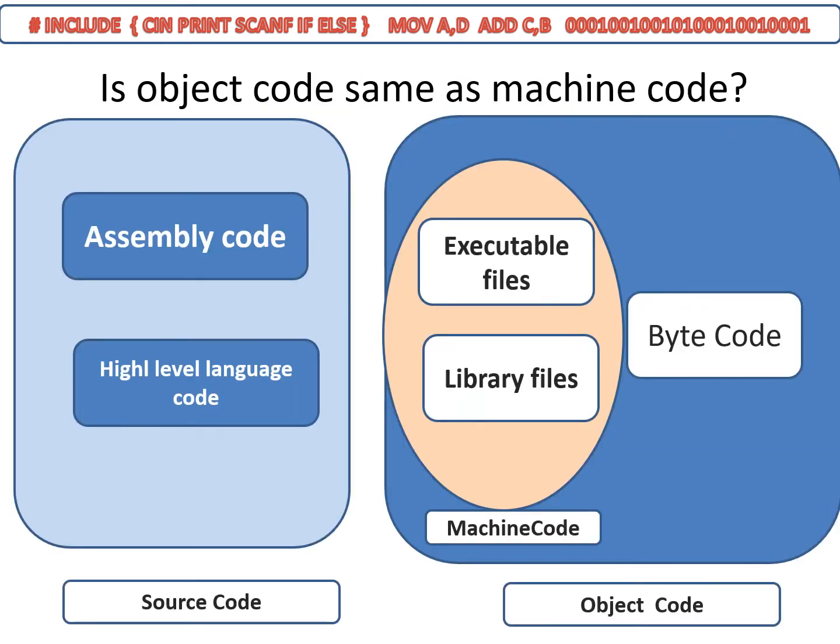This slide shows the source code, machine code and the object code, and here is one new thing, bytecode, we will see later. Source code is the high level language code or the assembly code, and machine code comprises the executable files with the library files. The object code is a form like machine code, as I have told. With the help of the linker you have to link it and then make it into an executable.